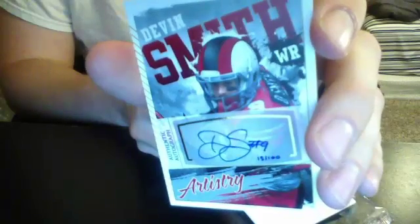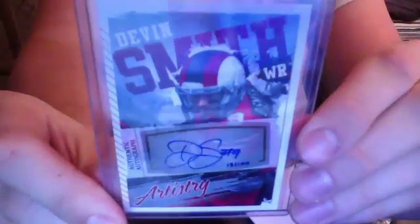Devin Smith of the Jets, wide receiver. Rookie auto, numbered 15 out of 100. Sweet, I got the Jets. That is a cool looking auto too. That's probably the hit of the box. Devin Smith. Out of 100, Devin Smith. Nice card. Pumped. So I got a pretty good stack of